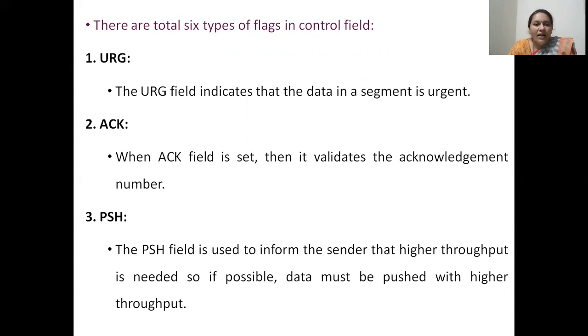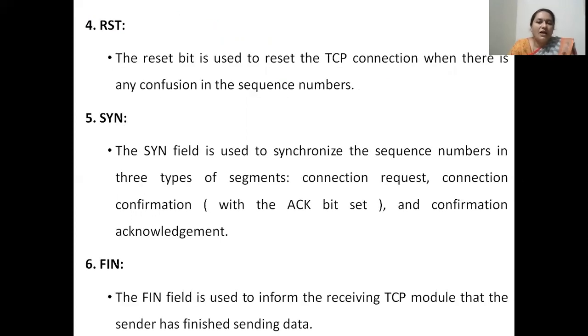The ACK control flag indicates that this particular segment is an acknowledgement segment sent by the receiver. The PSH control flag informs the sender that a higher throughput is needed. So if possible, data should be pushed at a higher throughput. The RST flag is used to reset the TCP connection. Whenever there is some confusion in sequence numbers, in order to reset the TCP connection, the RST flag will be